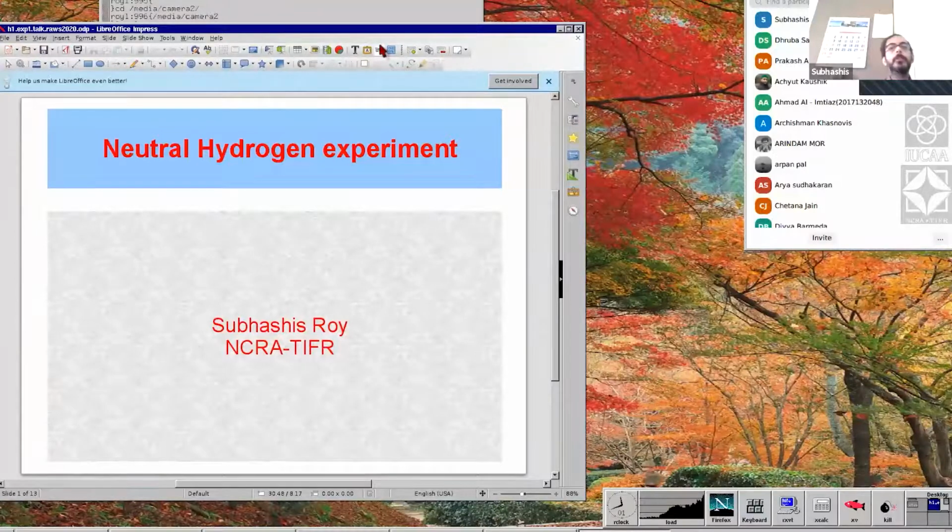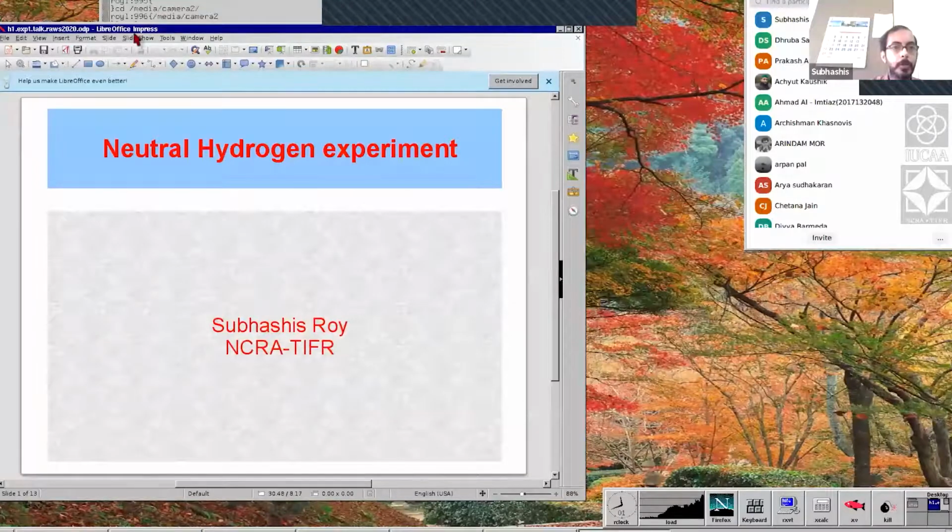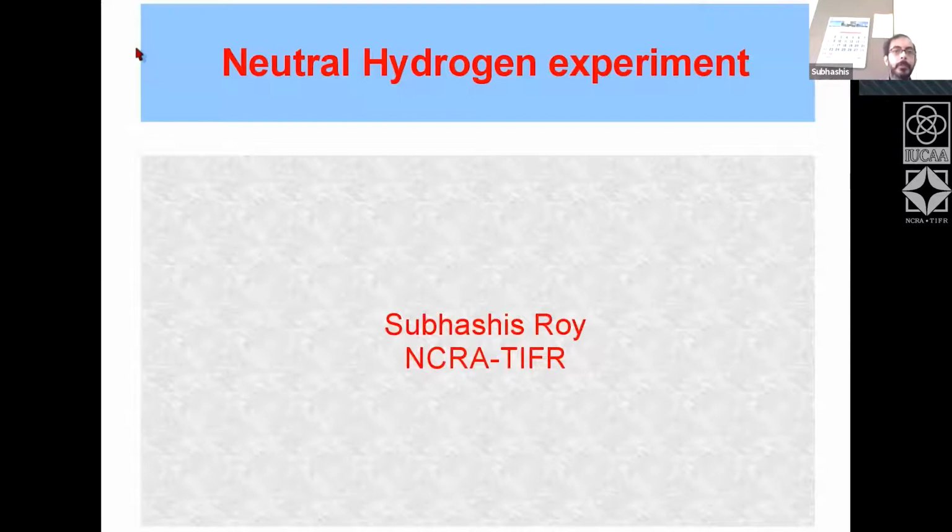And so today I will be describing experiment 5, which is basically the neutral hydrogen experiment. This experiment was originally conducted several years back using GMRT. And like other years, we are of course not going to GMRT, not being able to do it physically. Even though we were doing things physically till last year, this experiment was not done last year. It was done more than 5 years back. But the data was taken from GMRT for about a couple of hours.